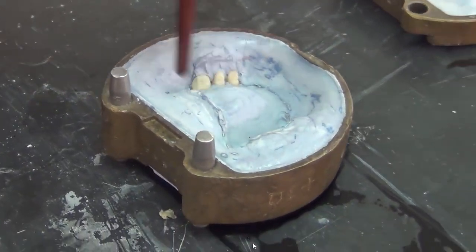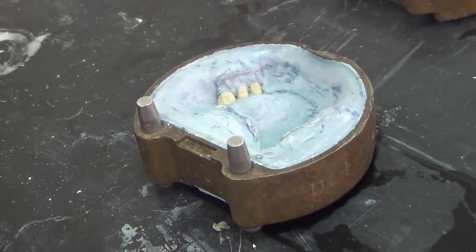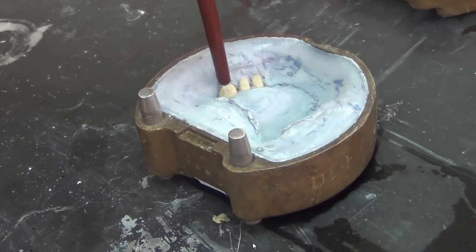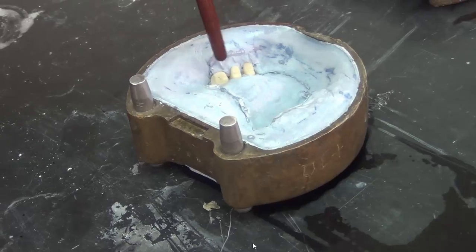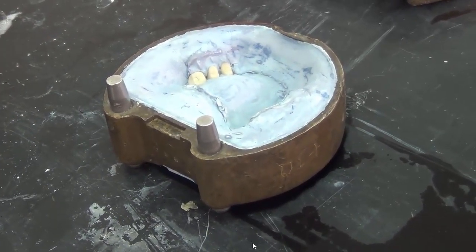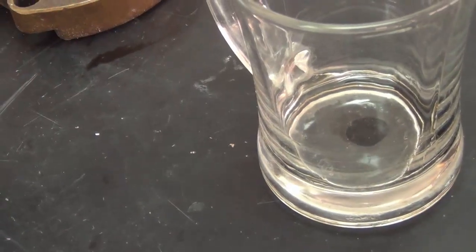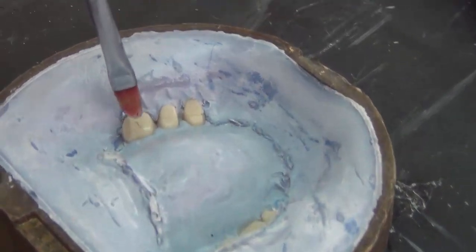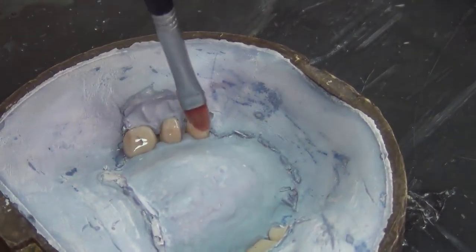So it's a chemical set. If we have cold mold seal on teeth, it will not bind to the acrylic. If we have monomer on the teeth, we will have the cross linking of the polymers beginning from inside the teeth, and they will bind very well to the new acrylic. So now I come in with a new brush, I soak it in the monomer after I made sure that the teeth have no cold mold seal on them, and then I begin dripping this monomer over the surface of the teeth